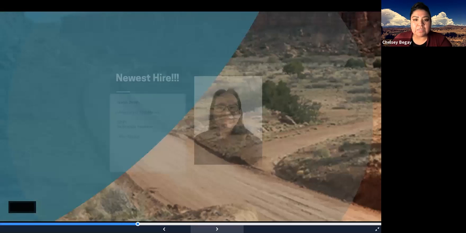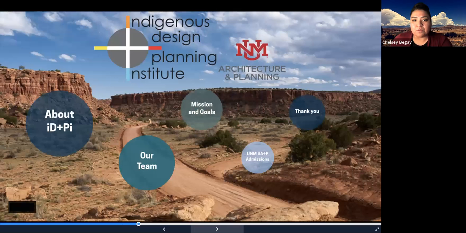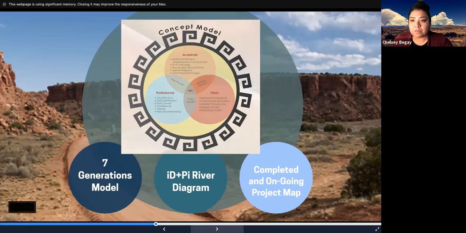So our mission, like I said, we work in 3 different ways. We work with the academics, we work with tribal communities, and we work with professionals who are either tribal members or are working with tribal communities. So a lot of times it's like, well, what can ITPI do for students?